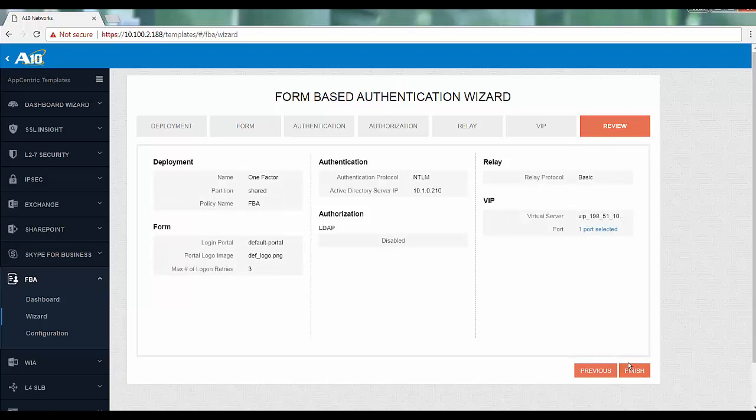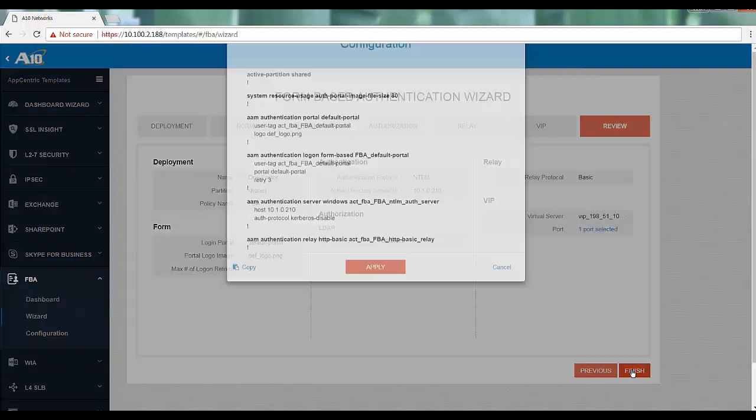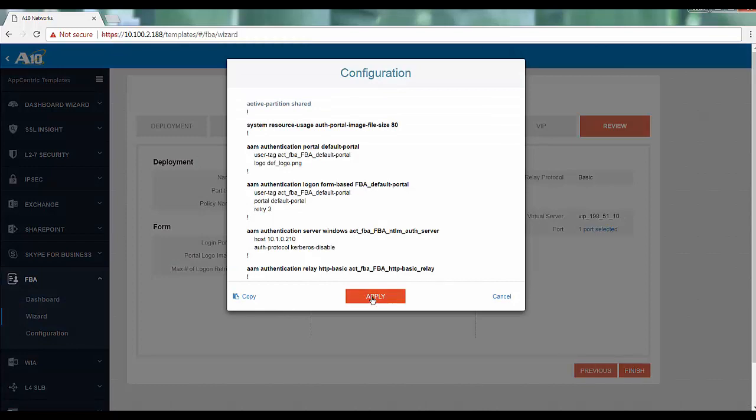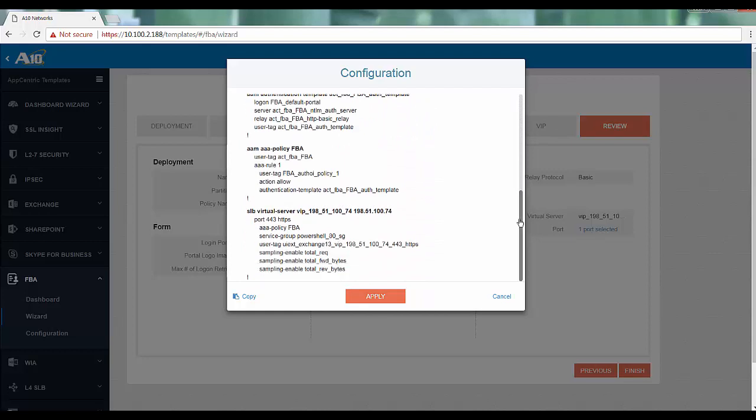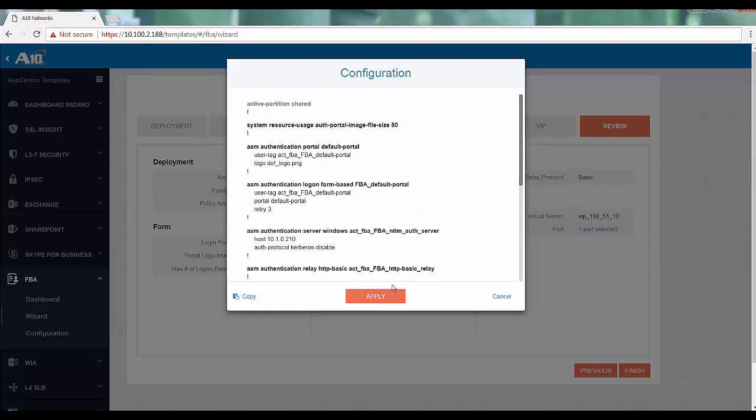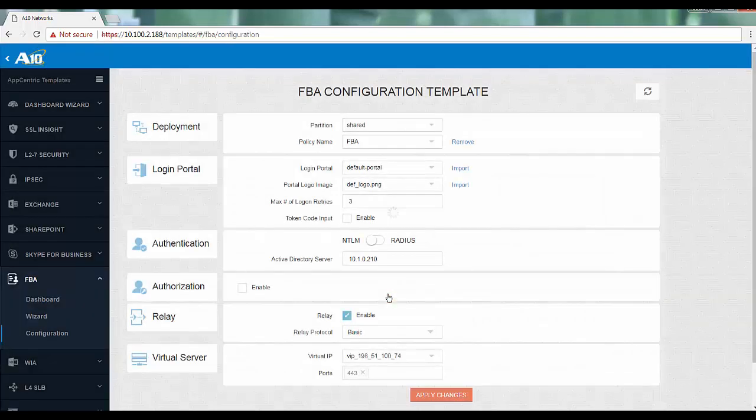Now you can review the settings made and click on Finish if they are fine. This will generate a pop-up window with the equivalent CLI configuration. Click on Apply to push the config to the Thunder ADC. You will now be taken to the configuration section where you can review the current config options and make any